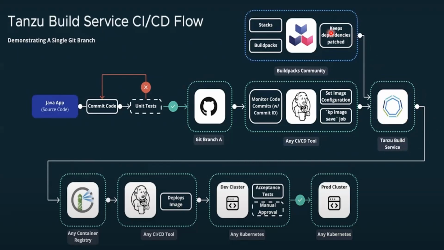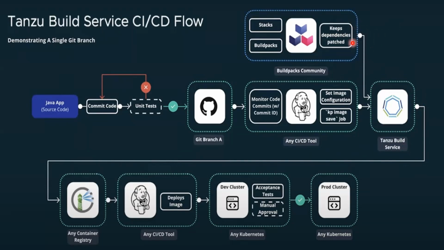So basically, these build packs are like dependencies that are required for an application. You can call them somewhat like modules. Let's say you have a Java application, the Java dependencies are being kept together as build packs. So normally when you need to create a Docker image, you may be using a Dockerfile, but instead of